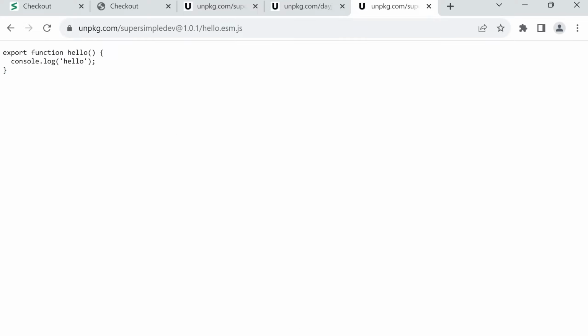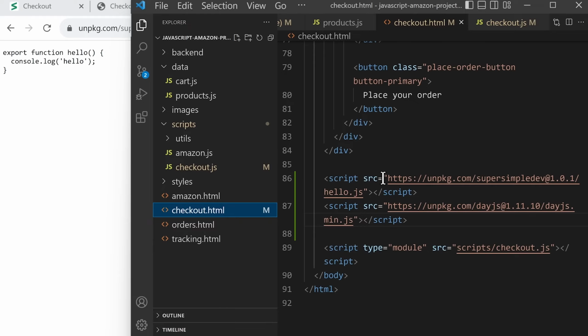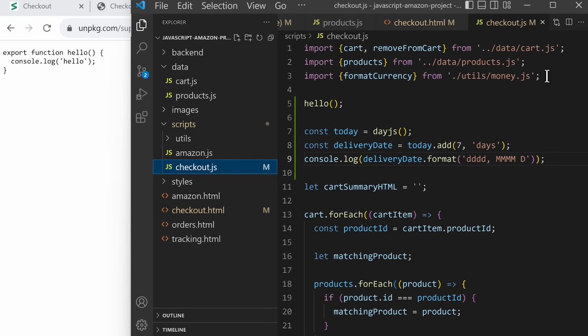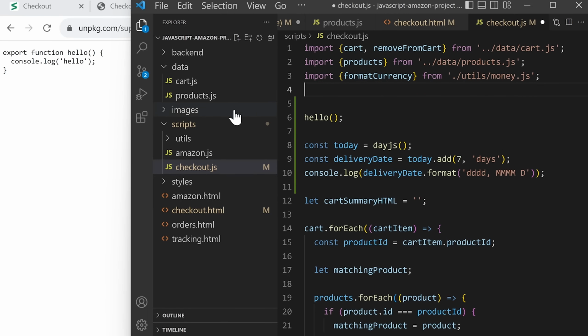We're going to go back to our code, and we're not going to use script tags to load this anymore. So let's delete this and save. And then in checkout.js, at the top, we're going to use an import to import this function into our code. So we'll type import curly brackets. We'll import the function hello, and we're going to import it from a string. And then this time, instead of giving it a file path like before, we're going to give it a URL